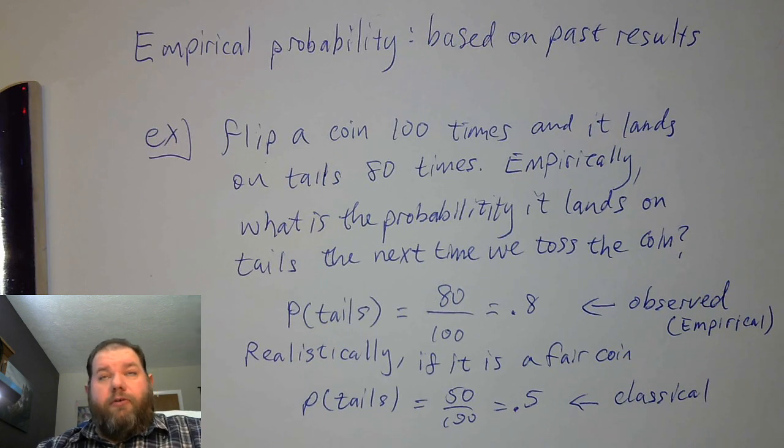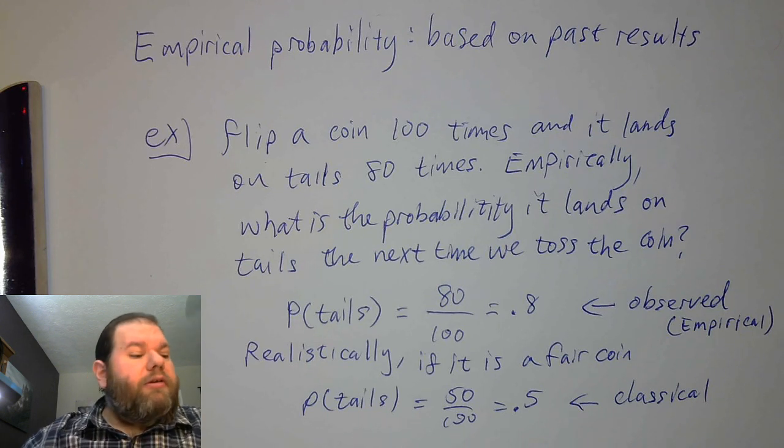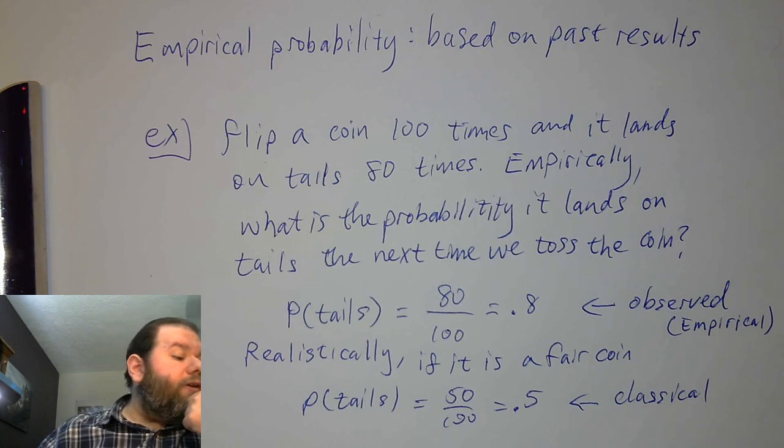So there's two perspectives there. From what we've witnessed, there's an 80% chance it lands on tails. But from what we know, fundamentally, as statisticians, it should be 50%. So there's one of two things. Either it's not a fair coin, or it's just a complete outlier of a series of trials where it actually had an 80 to 20 ratio instead of 50-50.